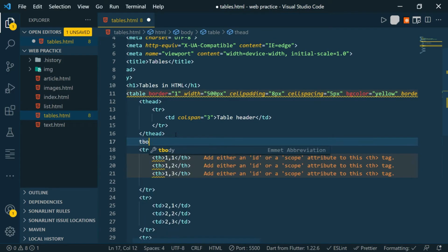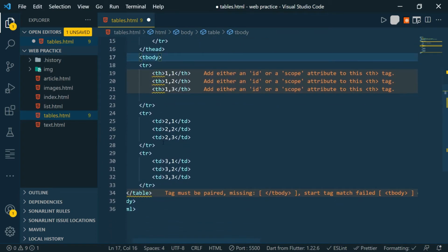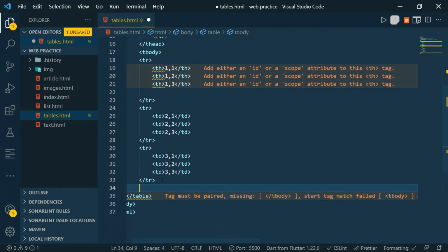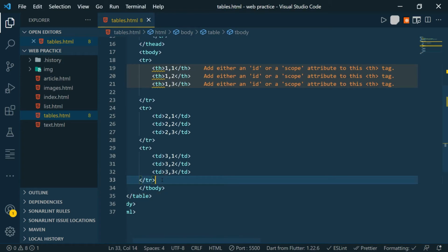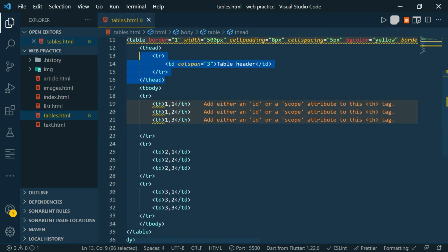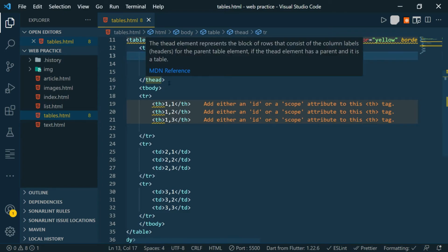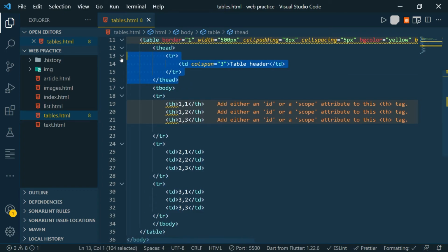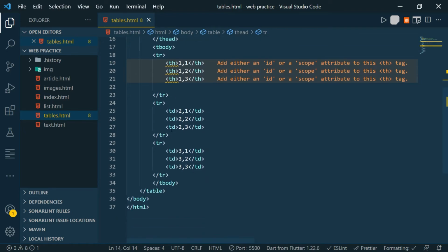This will be our tbody. I just pasted this closing tag at the bottom of our table body. So this is our thead. Here we can add whatever we want. The use of this is totally up to us. We can even add the heading of our table in this, and this is our body.